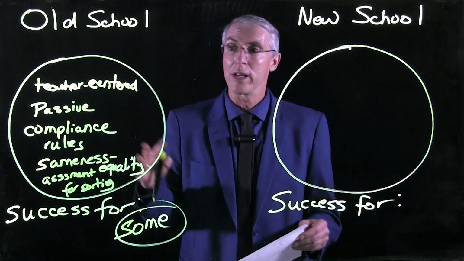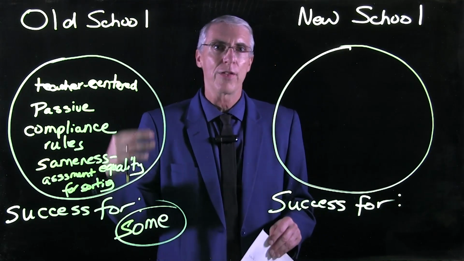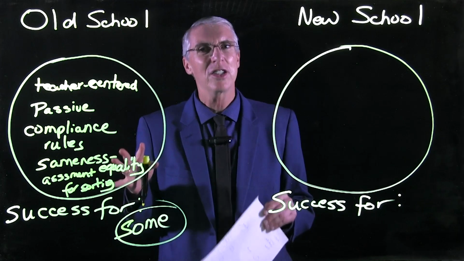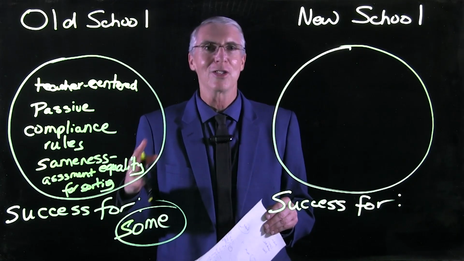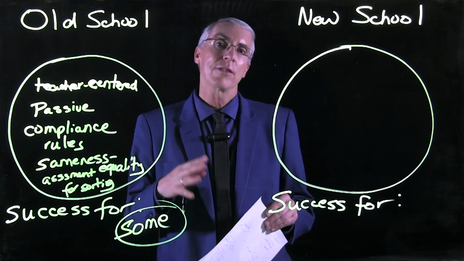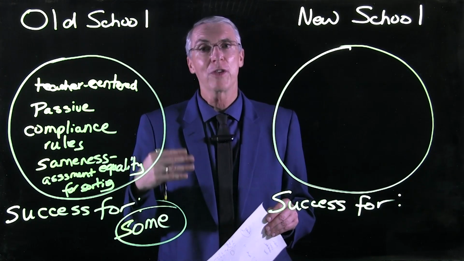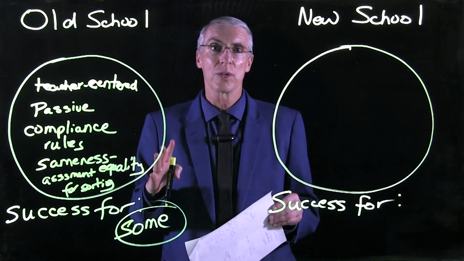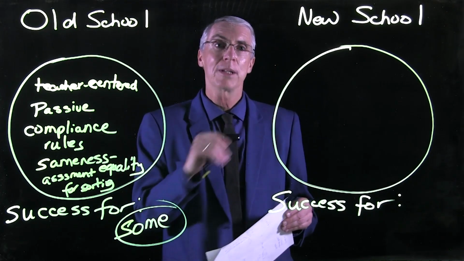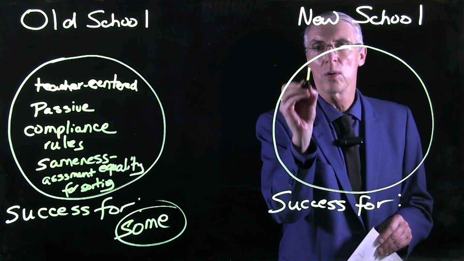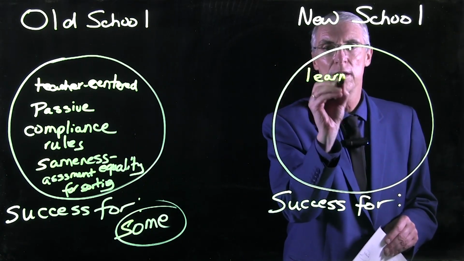Now, there was a time in Australia and the rest of the world where that was fine if 30% of us were really high achieving in school. There was plenty to do if actually you didn't do as well in school. But fortunately or unfortunately, we're now in a different era where there isn't much to do if you're under or uneducated. And the tendency now is to think about school designs that are a little bit different, and we'll call those new school. New school, unlike old school, is learner-focused.